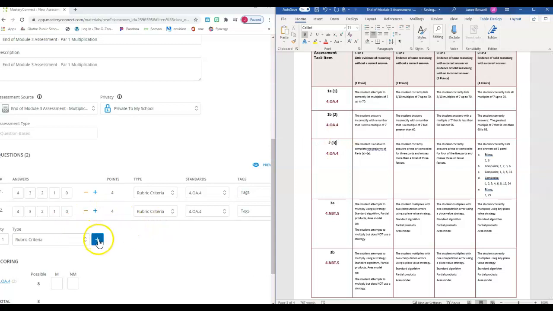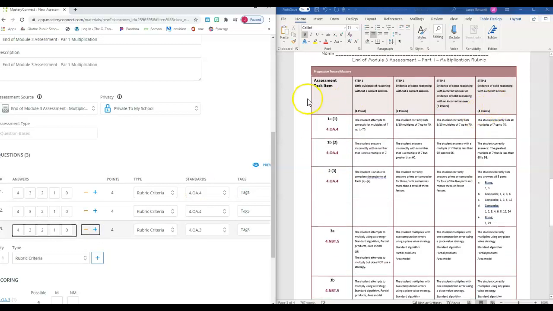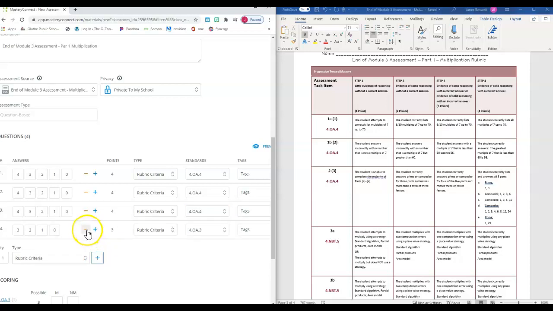Okay, so I'm going to add another 1. I'm going to make sure it's worth 4 because ours is out of 4, 4, 3, 2, 1. So number 3 is 4.084. Okay, that's mostly multiplication. I'm going to add another 1, and this is going to be 3A, but it's also number 4 on my assessment. So that's 4.nbt